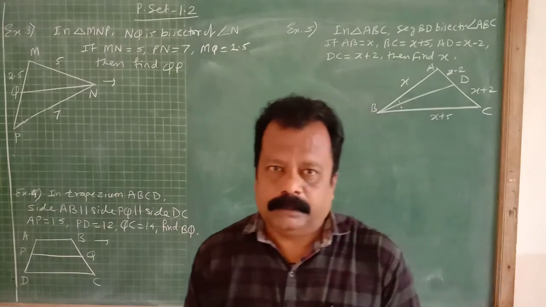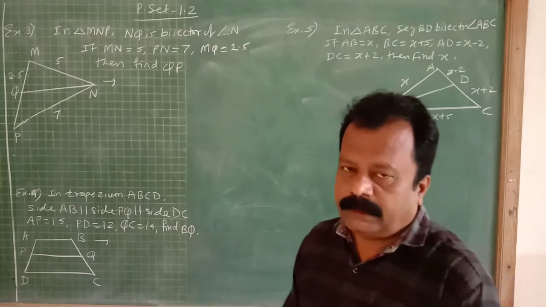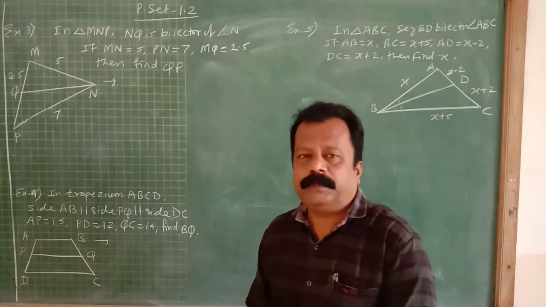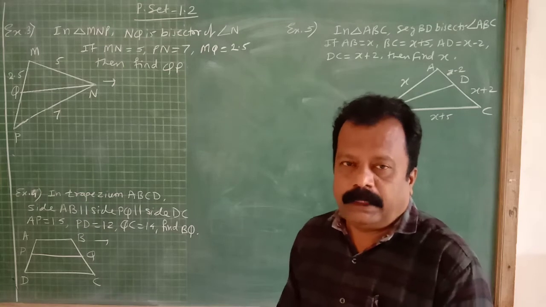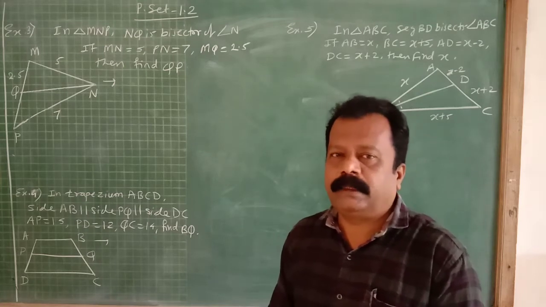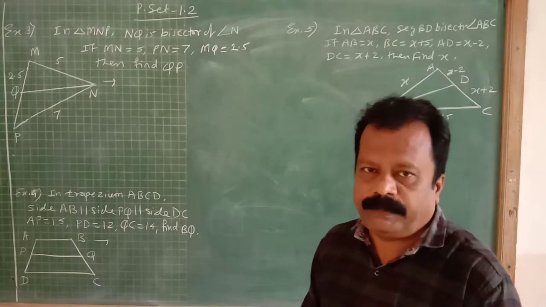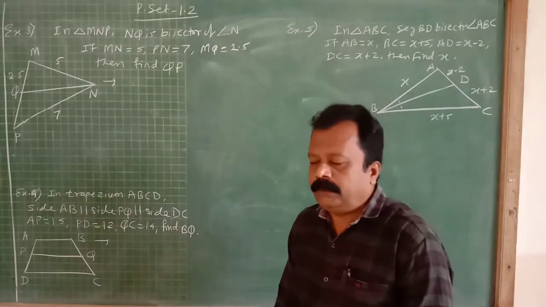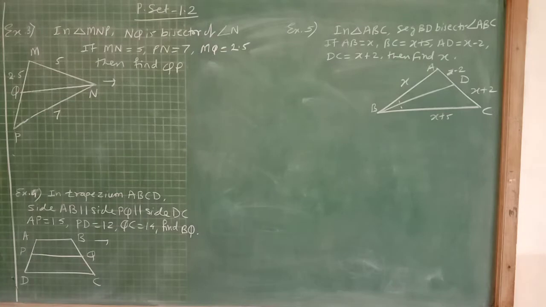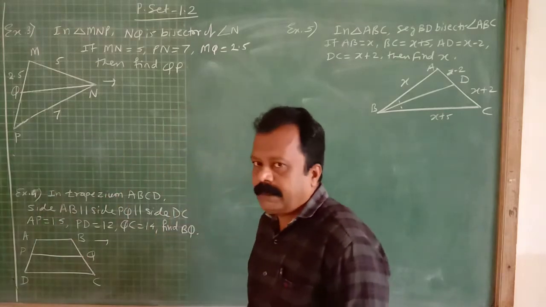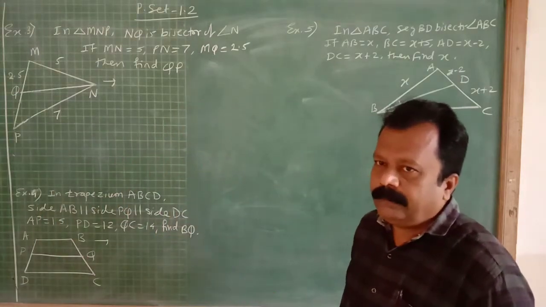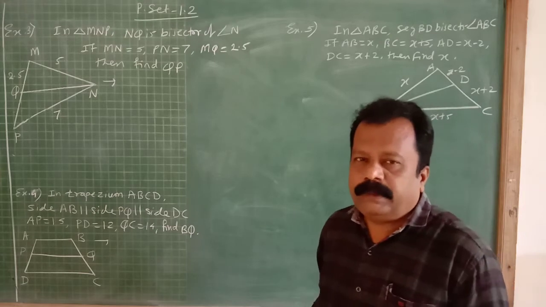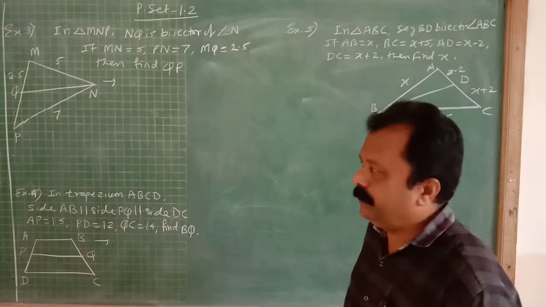Now, today we are solving the examples on property of angle bisector theorem and property of intercepts made by three parallel lines, as well as PPT and converse of PPT. So example number 3 in problem set 1.2. First of all, read that example carefully. Read it one time, then make parts: what is given, what to find and what we have to use.